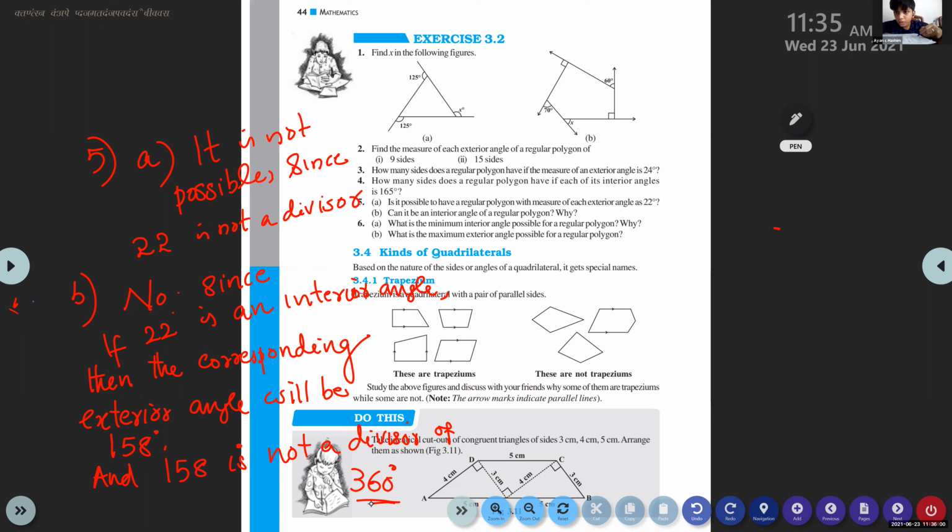See, this exercise is very important because a lot of variety questions are there in this. All these questions are important. All these questions are different questions. You will think that it is very easy, but it is all twisted. Study this well. You can expect some questions from this exercise for the exam.